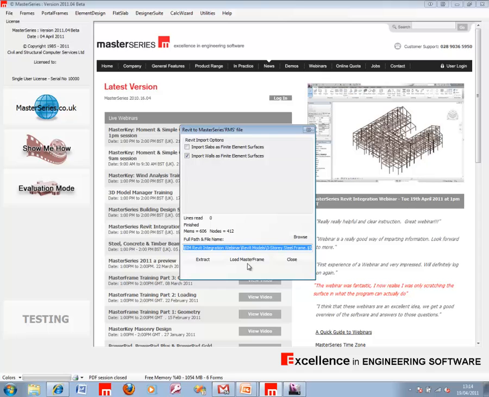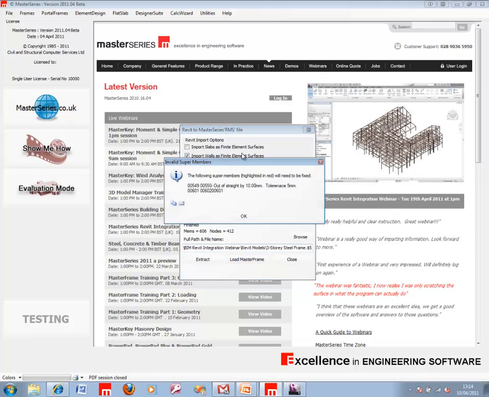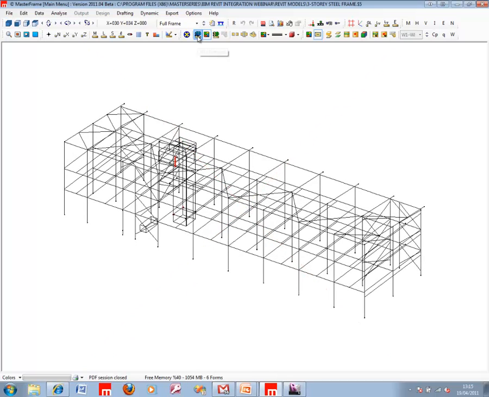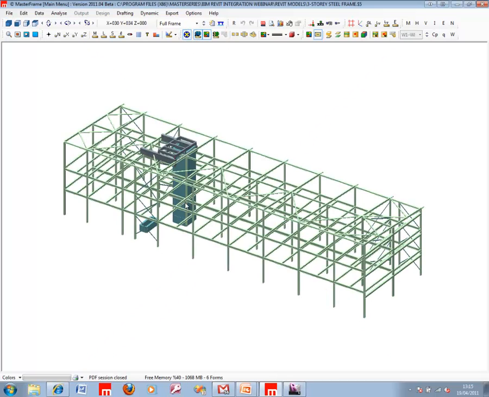And extracting all of that, we'll load that model into MasterSeries. We get some messages about members being out of straight and some things being close together. But by and large, we've got everything in here. Certainly when we look at it in a 3D perspective, it looks reasonable. I can see, for example,